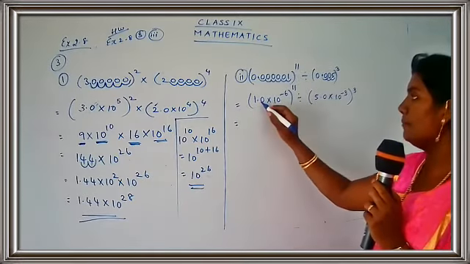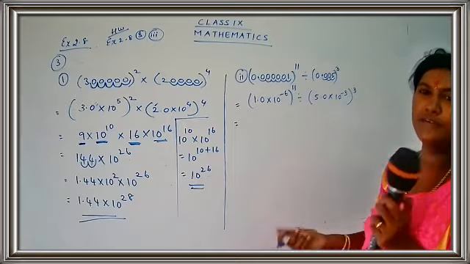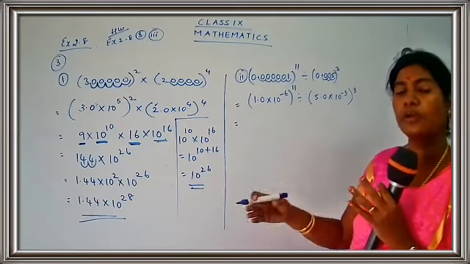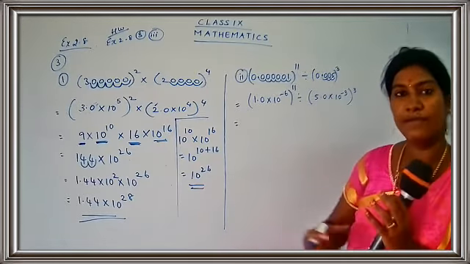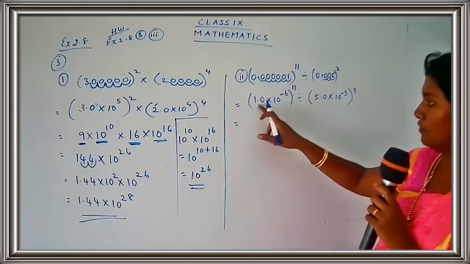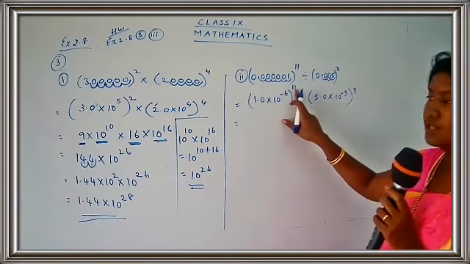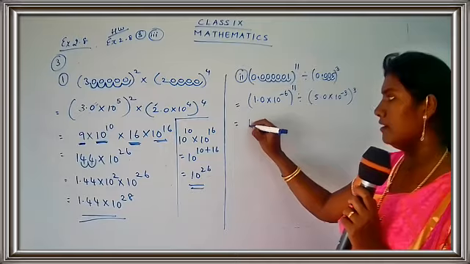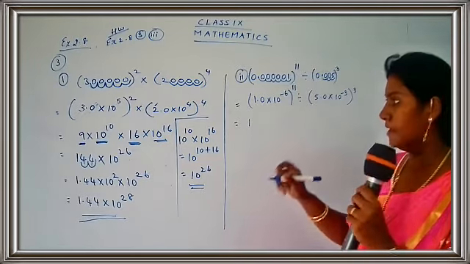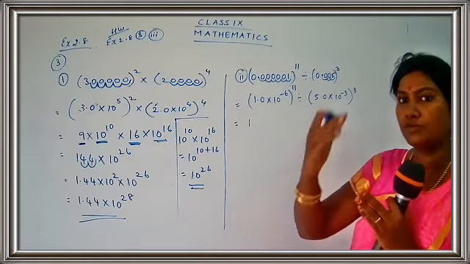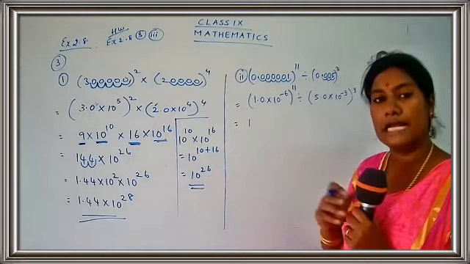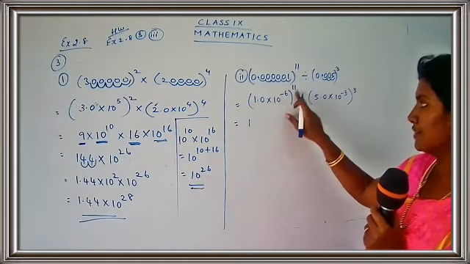So now this is 1.0 raised to 11. So 1 raised to 11. 1 into 1 into 1 into 1 into 1. You write down how many number of times 1. The answer is going to be 1. So there is no need to worry about this. So 1 raised to 11 gives you 1. Anything raised to 1 is 1. 1 into 1 into 1, 11 times I have to write. The answer is 1. So I get 1.0 raised to 11 as 1.